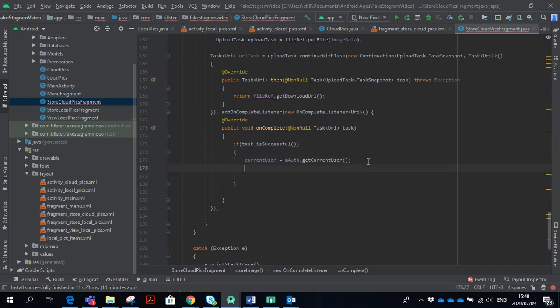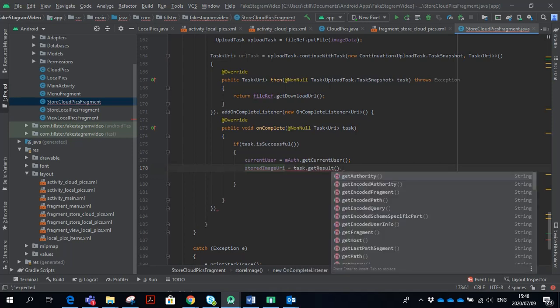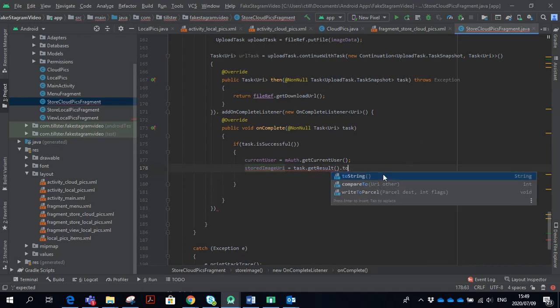So we can go say stored image URI equals task.getResult.toString. Okay, now we actually finally have our image URI,